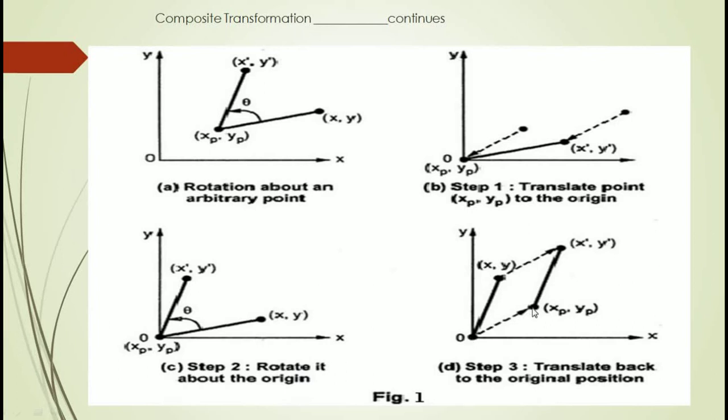It means you have moved xp and yp from here to here, where xp is the distance across the x axis and yp is the distance across the y axis. Once you have moved to the origin, see that